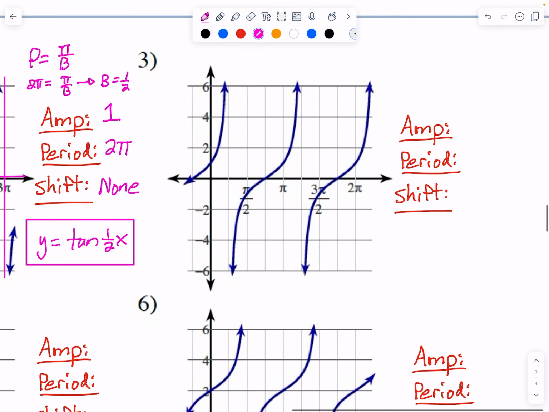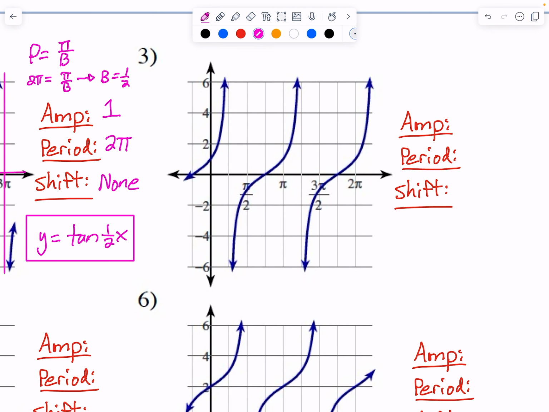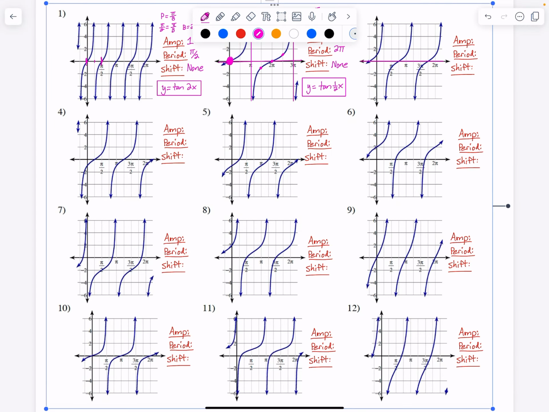All right, taking a look at 3 here. My midline again looks like they all go through. I can see the symmetry there. So the midline is there, and then I'm looking for